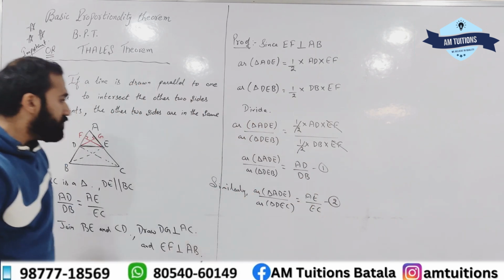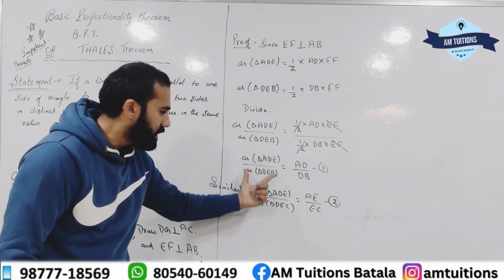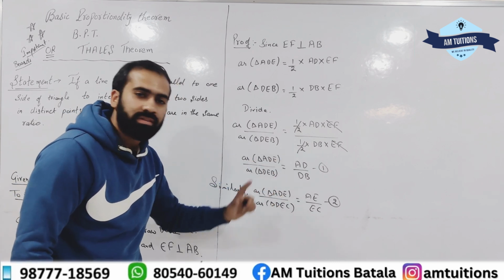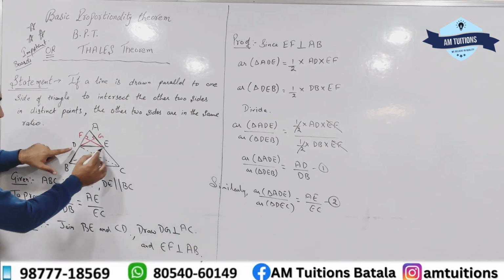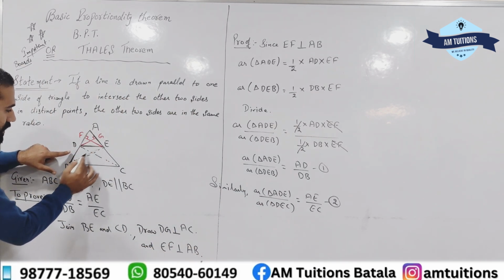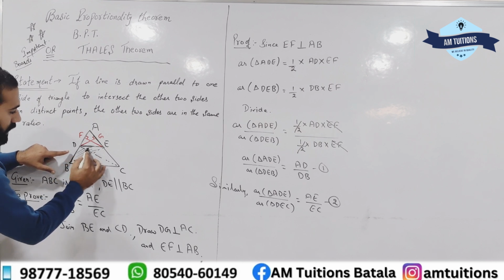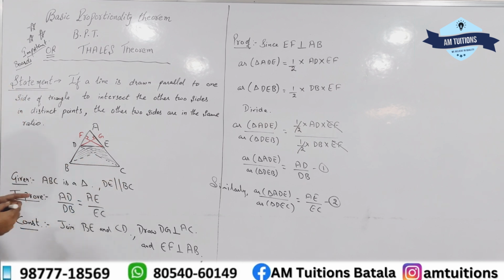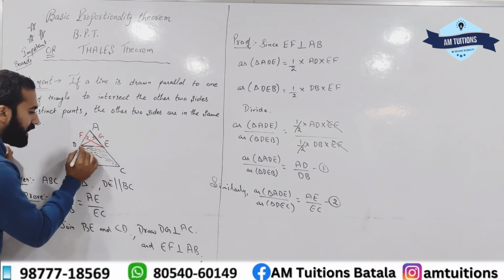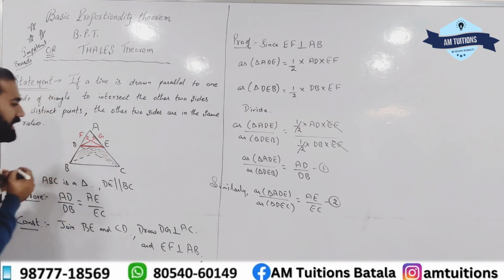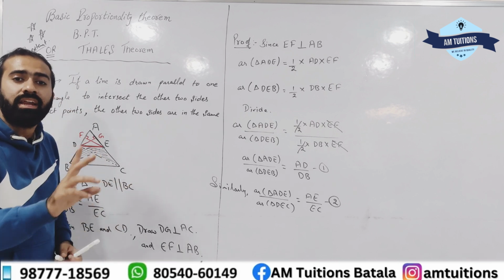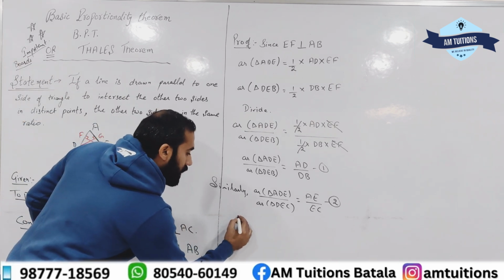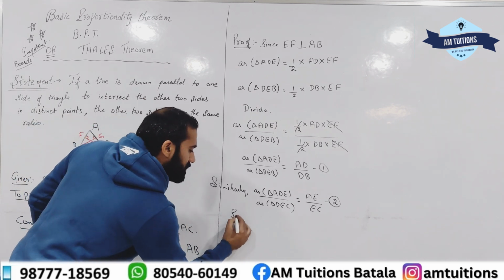Clear? As you know, this is triangle ADE. Here also triangle ADE. This remains same. But these triangles DEB and DEC, just see triangle DEB and triangle DEC. This is your DEB. This is your DEC. Both having same base. Which is the base? Both triangles, this triangle and this triangle, both have same base, that is, this is the same base, DE. So if the base of both triangles is same, then what will their areas be? Equal.